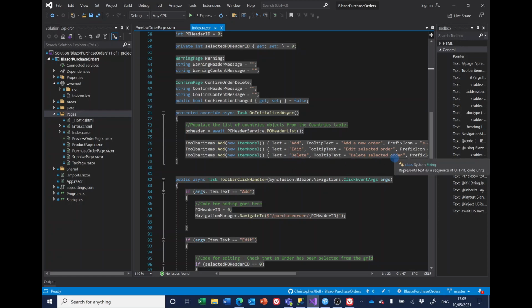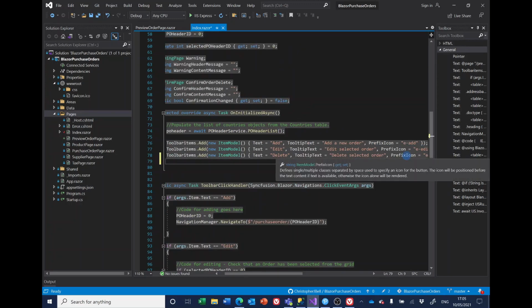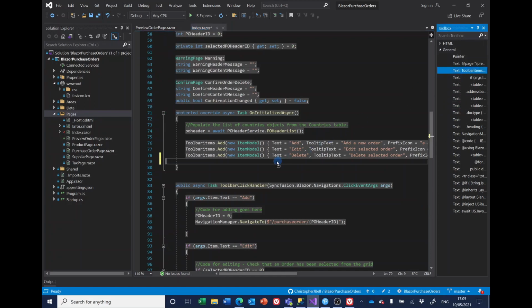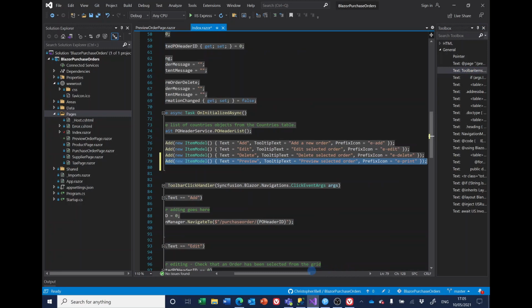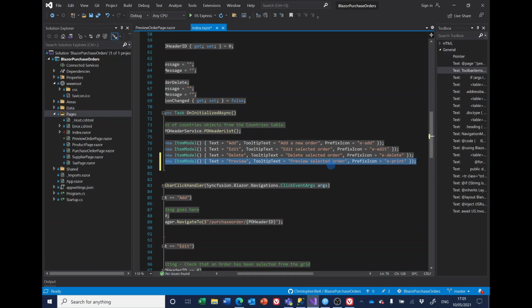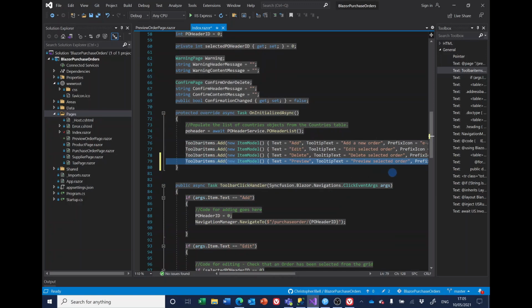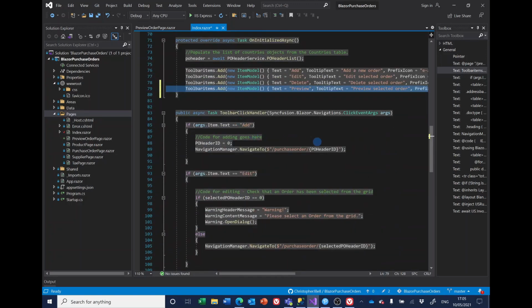So I think what we want to do there is add another toolbar item that allows us to gain access to the preview order. So if I just copy this into here. What I'm doing here is bringing in another toolbar item. I'm adding it. I'm going to give it a text of preview, a tooltip of preview selected order, and a prefix icon of e-print. Now to implement this, we need to go to the toolbar handler, and we've got a section for add,